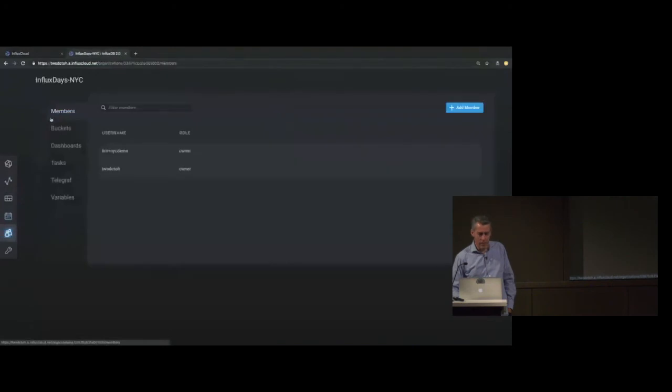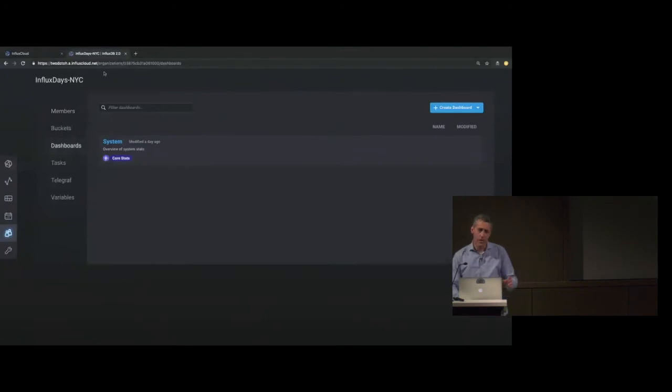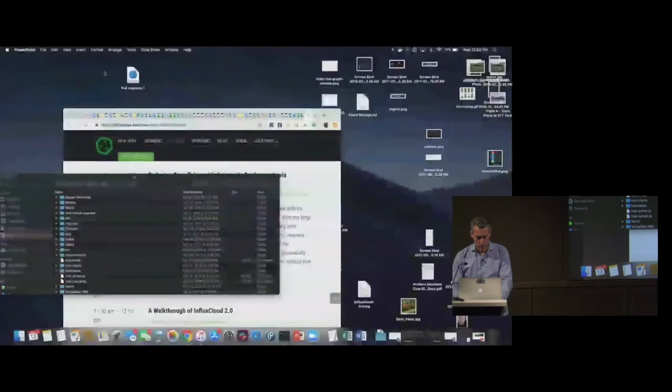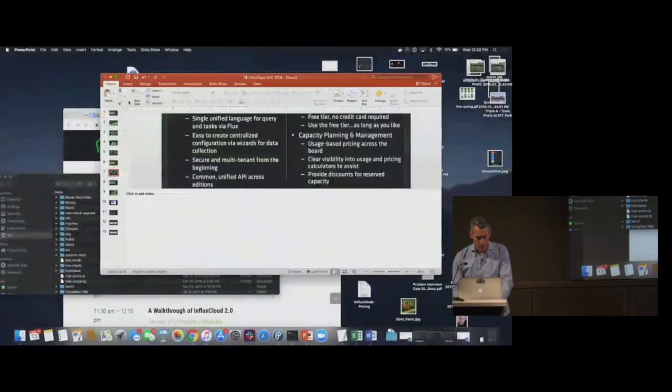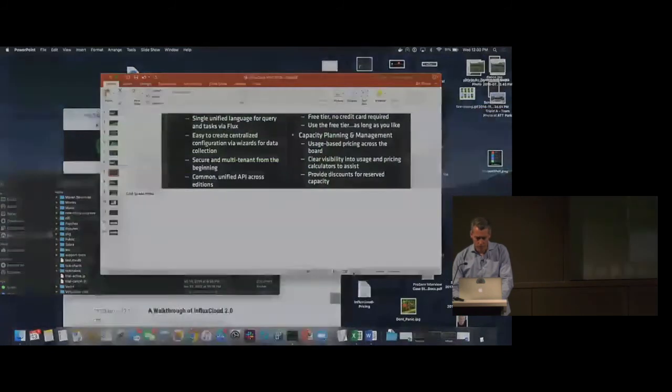Okay, so that is the demo. Again, general organizational things: buckets, dashboards, tasks. You can see all the pieces that are here. So you get a sense of what's happening with the 2.0 UI. Good, bad, indifferent? Good, a couple thumbs up. All right, it's super valuable for us to get your feedback on this. I have to say, we really appreciate the folks that have already leaned in. And if you're not sure how to do that, I'm going to talk about that in just a second.